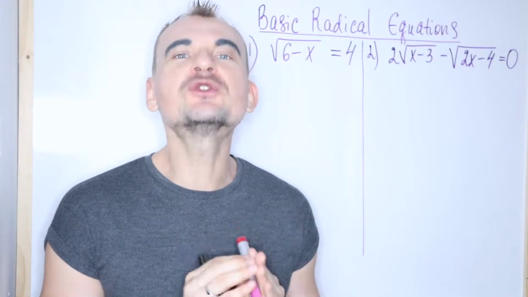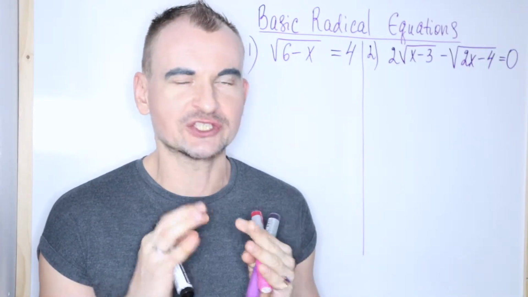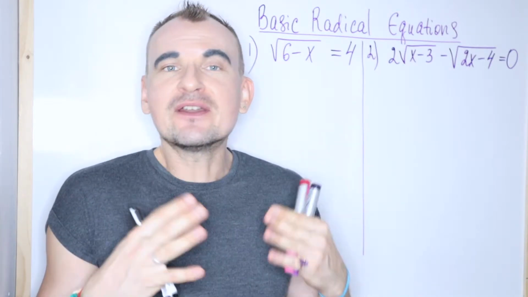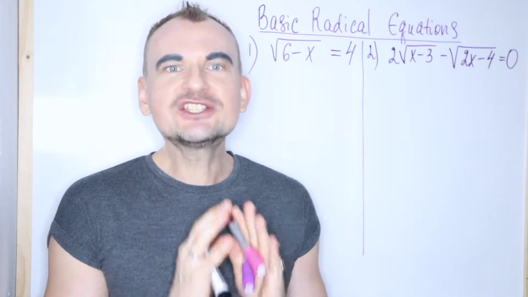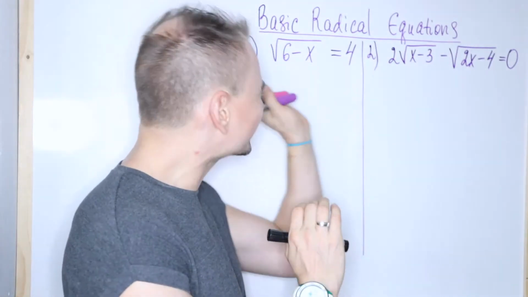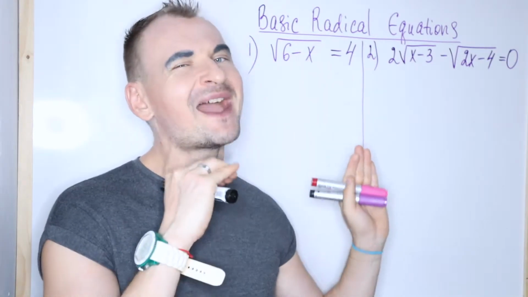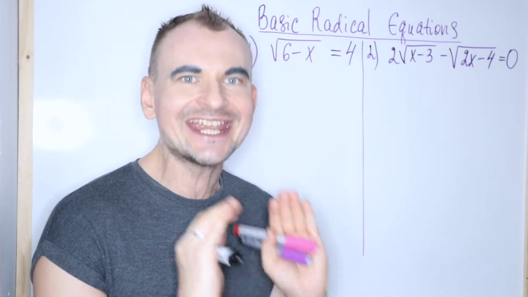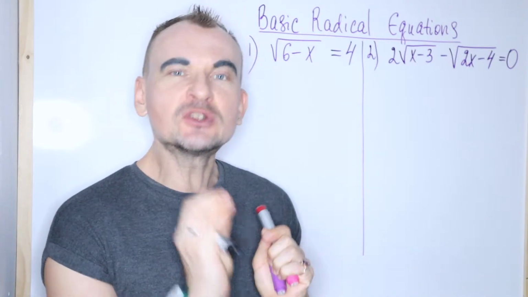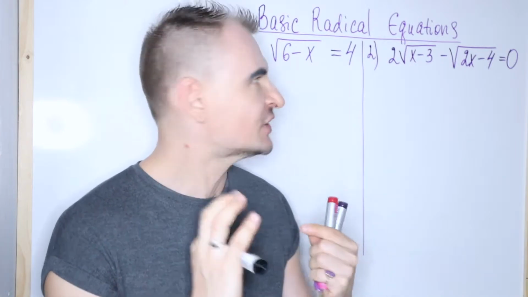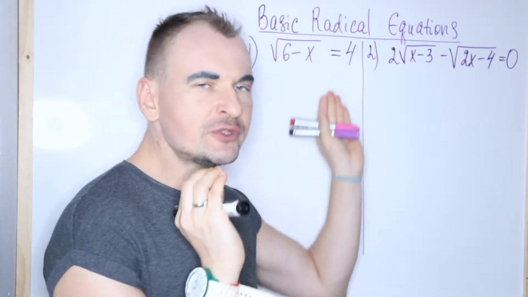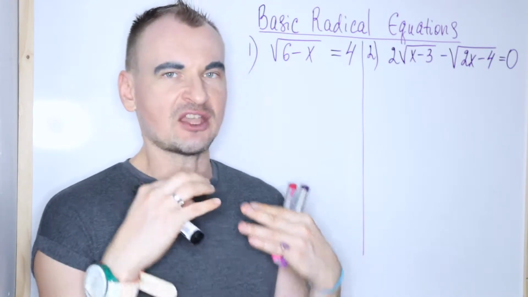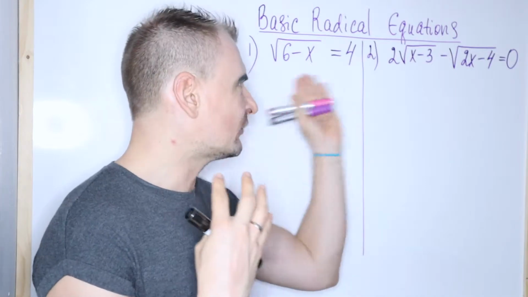Hey guys, today I will show you how to solve basic radical equations, or sometimes they are called irrational equations. And by the way, what they are, a long story short, is just an equation involving a square root, or it could be other roots like the fourth root, the third root, in a nutshell, any root. And what does it mean to solve the radical or irrational equation for x? You need to come up with the value or the values of x that work for that equation,